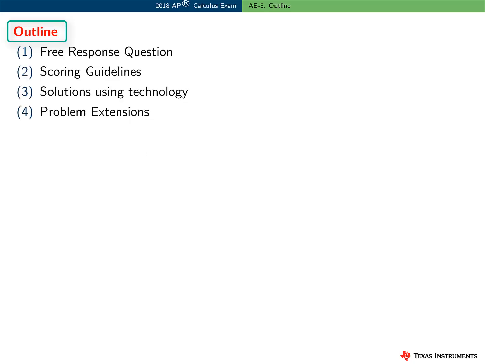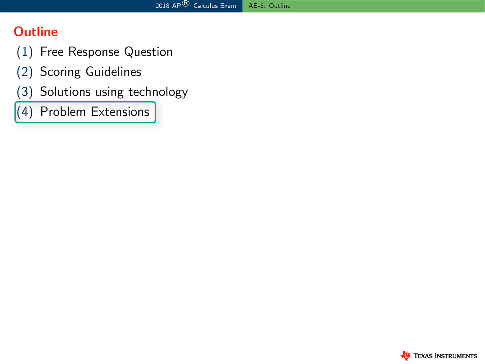Here's an outline of the information presented in this video. I'll start by reviewing the free response question, and then the scoring guidelines used at the AP Calculus reading. And I'll highlight the solutions presented in these guidelines, not how the points were awarded. This question was not calculator active. However, I'll show you how to use technology to explore and answer parts of this question and to confirm solutions,